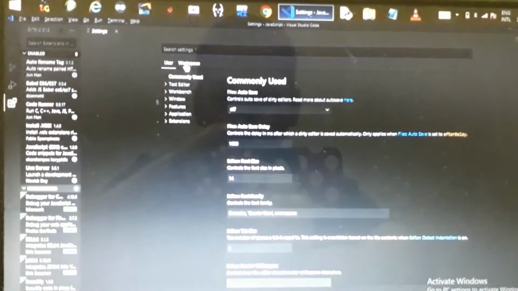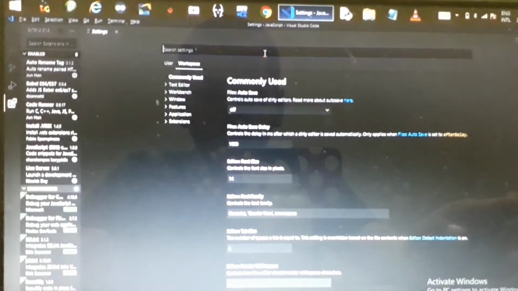Now I am going to show you that in settings you can change the font and style. Here I go to workspace, meaning this folder, and then you can type anything you want. There are many options here. You can do auto save: control auto save of dirty editors.